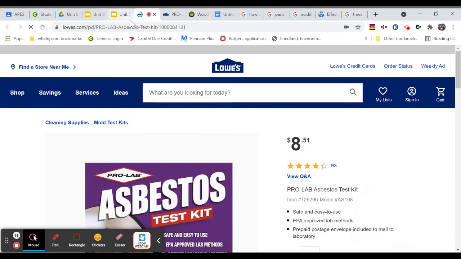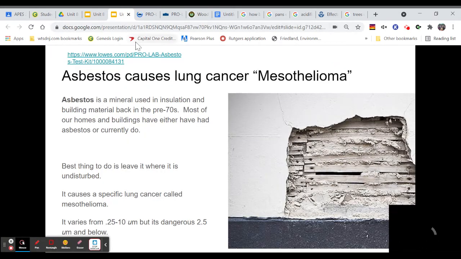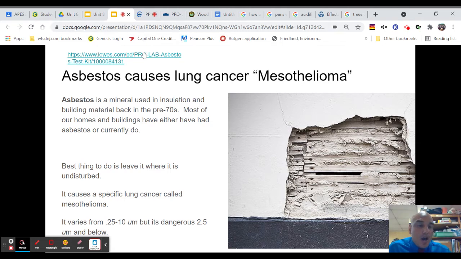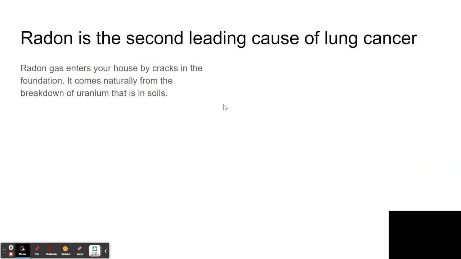You're probably not. But if you clicked on that link over there, what you would be noticing is Lowe's has a kit. And that kit you can send out to a lab and you can see if your house has asbestos or not. Something that you may not want to do depending on your situation. It costs like $40. You send the test out and then they'll mail your responses back. If you've gone to Home Depot or Lowe's, you've probably seen these test kits. There's one for your water, there's one for lead, there's one for asbestos as well. There's even one for radon, which we're going to talk about, I believe, next.